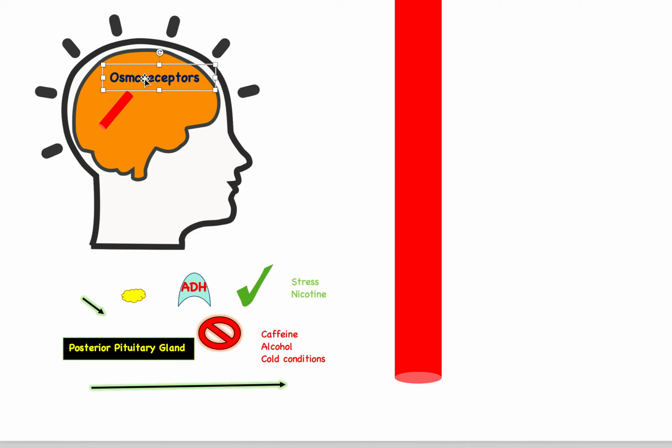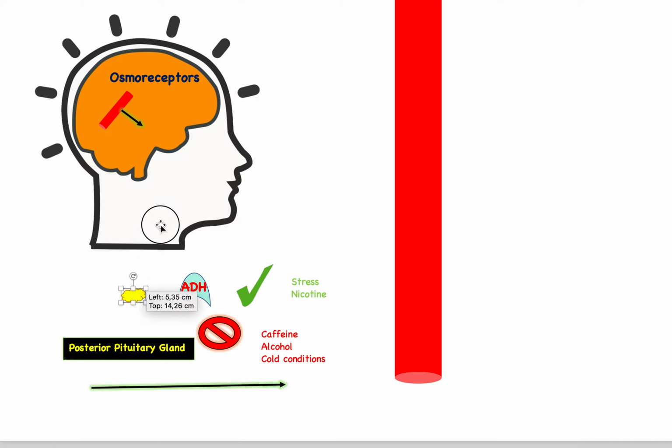So it's an osmoreceptor. It senses osmolarity. Now, for example, let's pretend this guy right here is a dehydrated kid, and he needs to conserve water. He needs to pee as little as possible. He needs to keep all the possible water he can in his body. Otherwise, he's going to die. So in this kid's head, this osmoreceptor in this vessel will send a signal